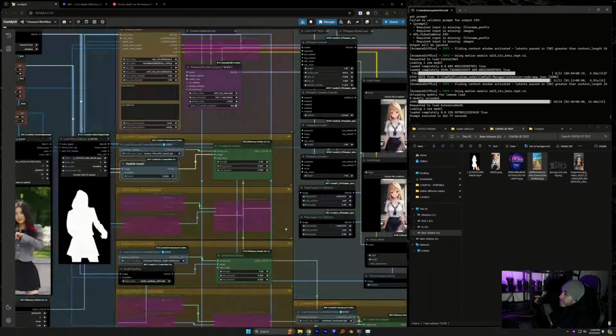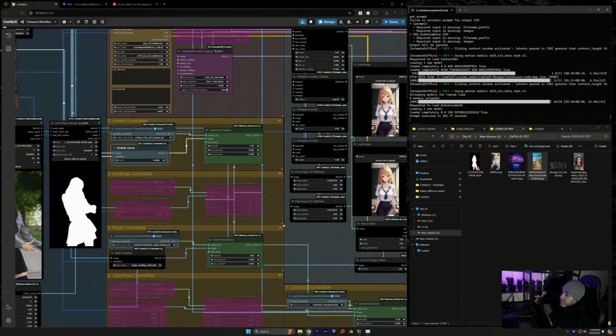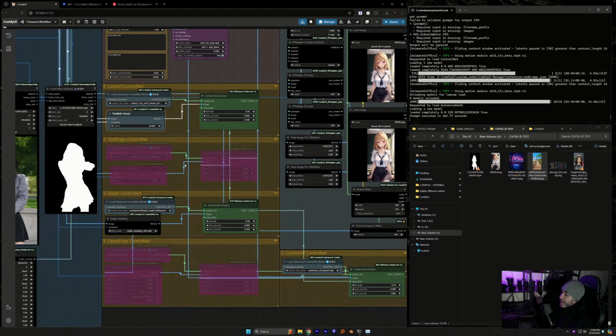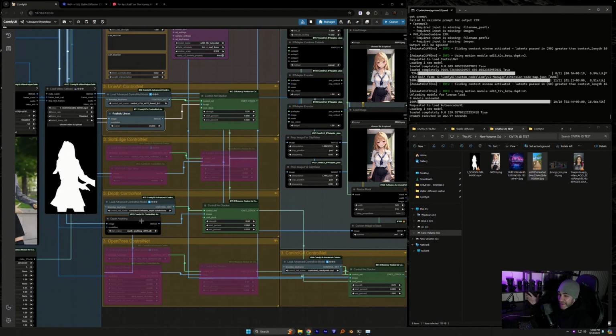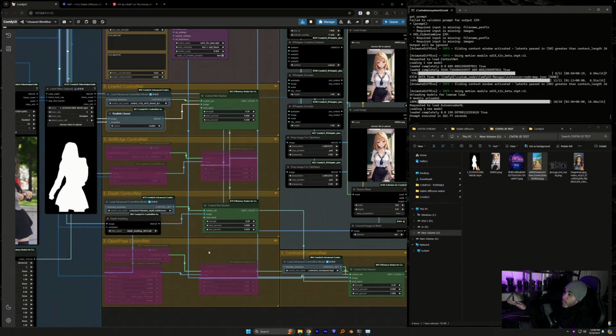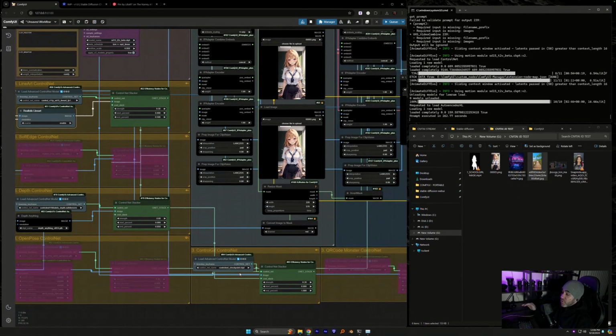Group 3, all your yellow boxes, these are all of your control nets. If you want to add anything, it's super easy to see how this is set up and where everything plugs into. All you got to do is just add another one. The control nets I have in here for you guys are line art, soft edge, depth, utilizing Depth Anything V1 because I really didn't think V2 made any significant difference. And I actually think in my test when V2 first came out, the results were worse than Depth Anything V1. So you have your depth, you have open pose, we have our control GIF.